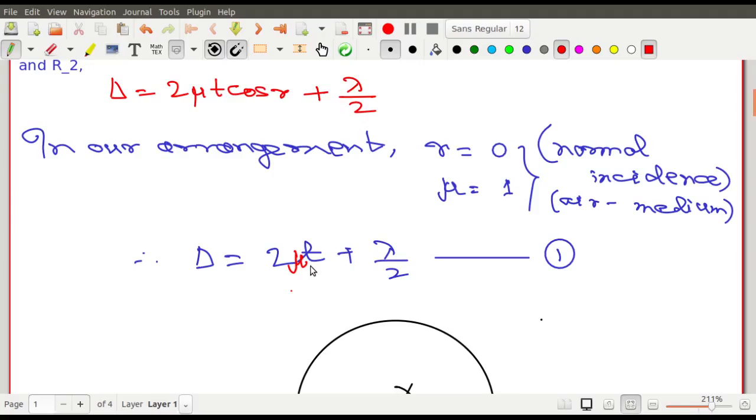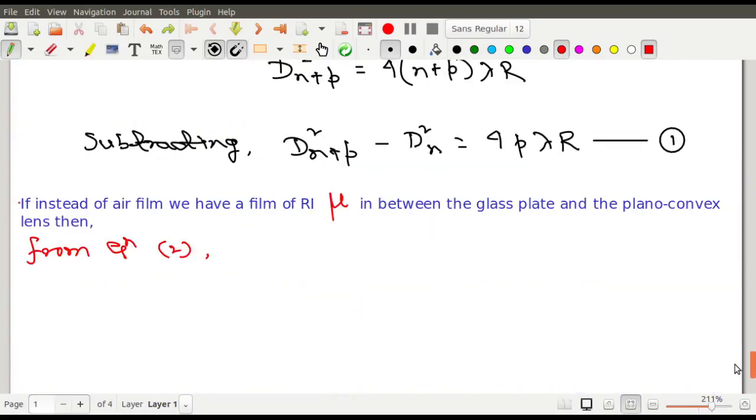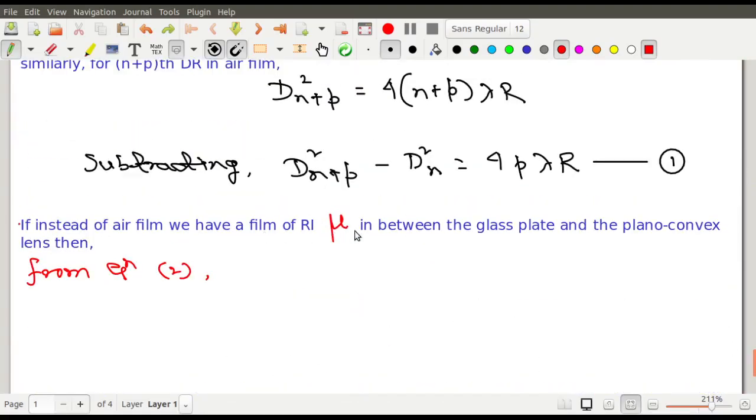If mu is not 1, there should be a mu over here. Then we can say, not from equation 2, just from equation 1 only, that if I don't set mu equal to 1, if instead of an air film we have a film of refractive index mu in between the glass plate and the plano-convex lens, then from equation 1 we can say that